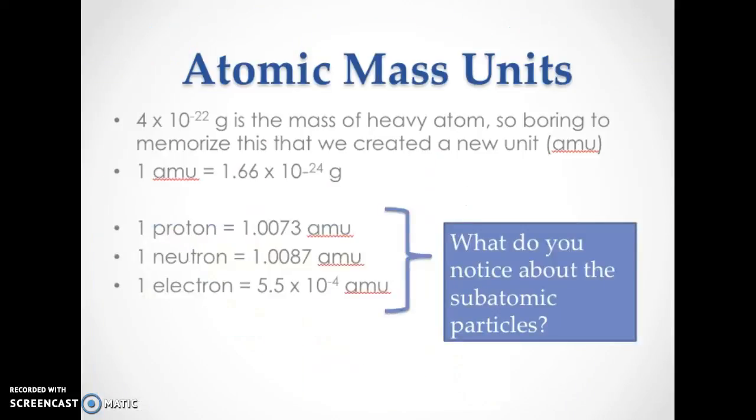Okay, so this is the third podcast on atomic theory. It is the most straightforward one of them all. So what I want to talk about is go a little bit deeper into this idea of atomic